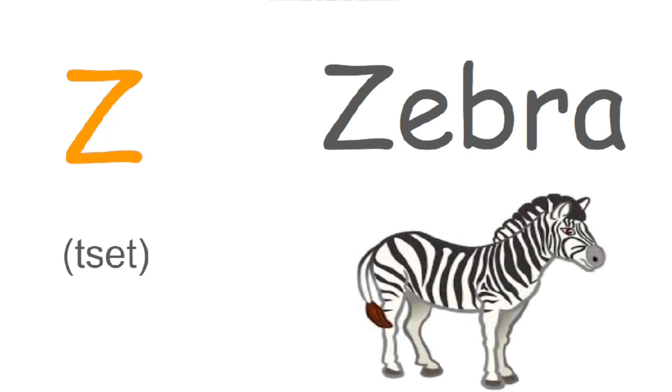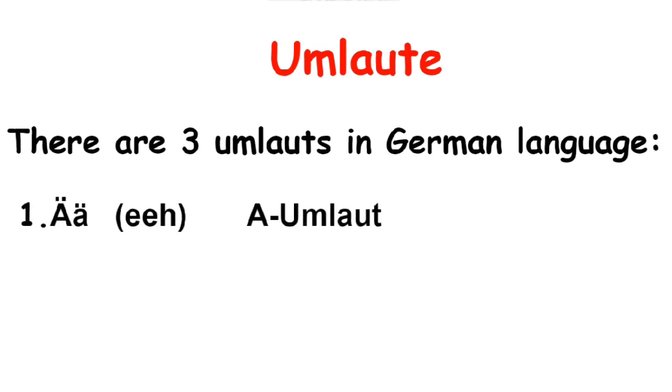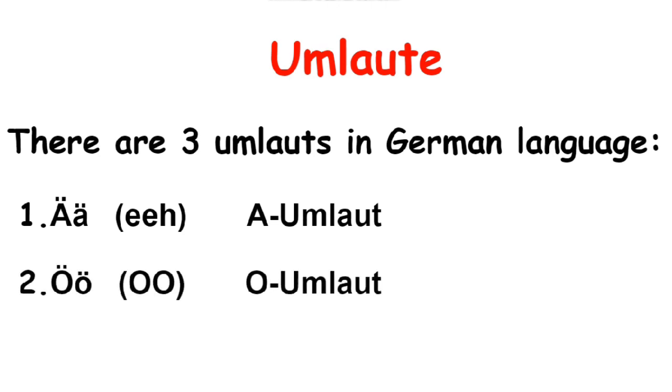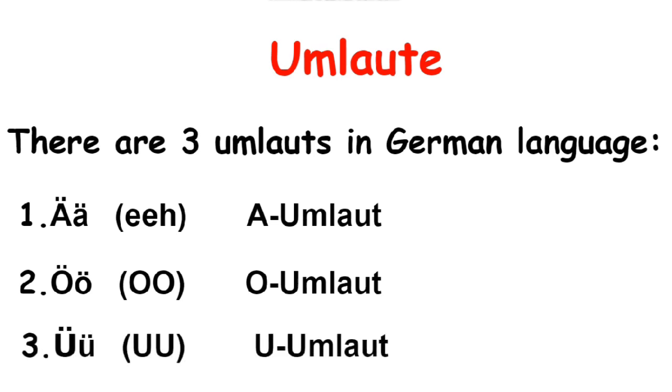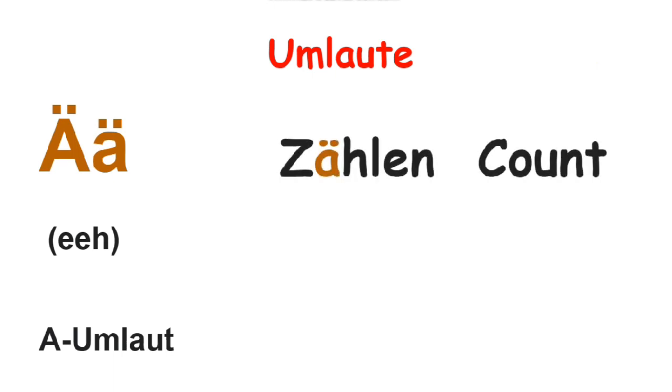In addition to the 26 letters of the alphabet, there are 3 German umlauts. First one is Ä, called A umlaut. Second one is Ö, called O umlaut. Third one is Ü, called U umlaut. Let's come to the first umlaut, that is Ä, A umlaut, and the German word with the letter Ä is